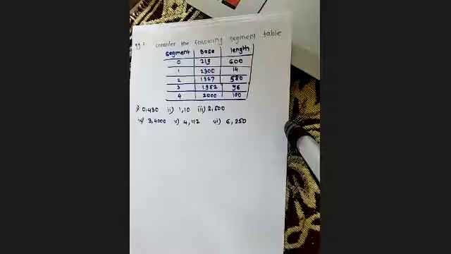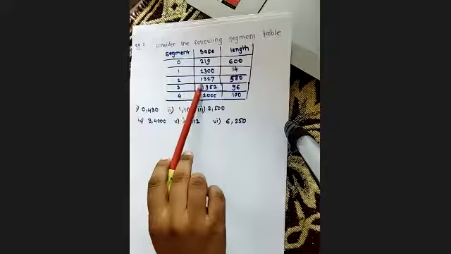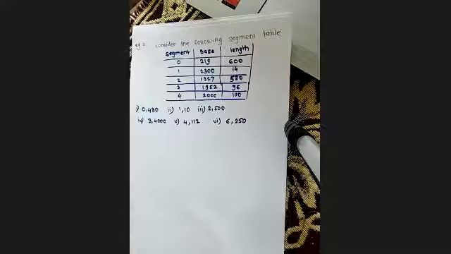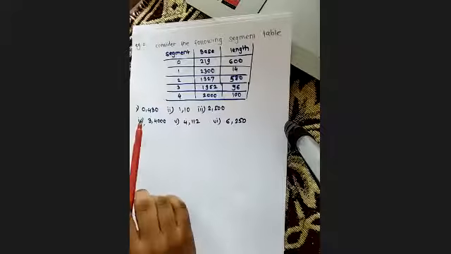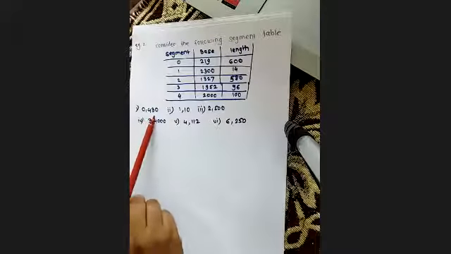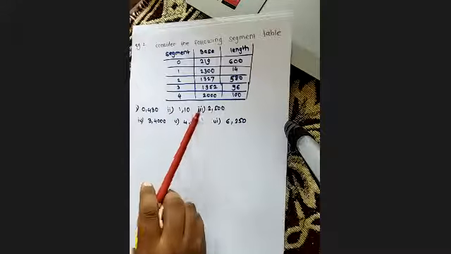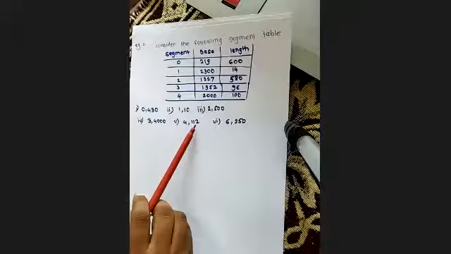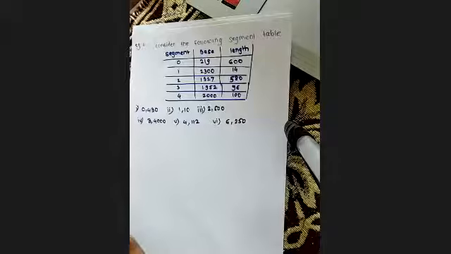Consider the following segment table. Segment table is given: 0, 1, 2, 3, 4. The base addresses are 219, 2300, 1327, 1952 and 2000. The lengths given are 600, 14, 580, 9600. Logical addresses given are 0, 430, 110, 2500, 3, 4000, 4, 112, 6, 250. Six logical addresses are given. Let me know the answer.